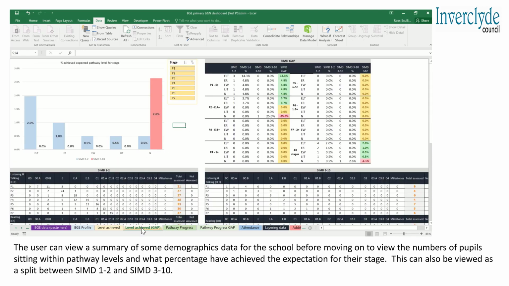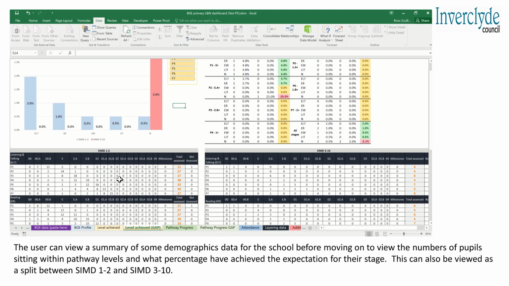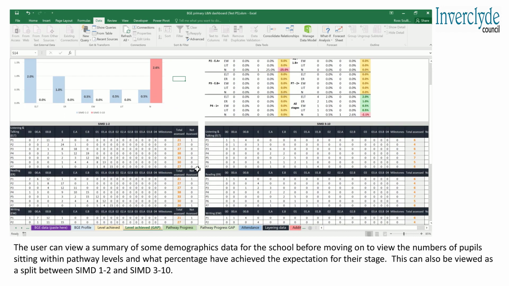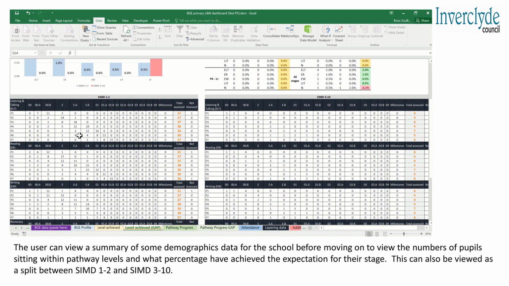Moving on to the level achieved gap. This is looking at the same data in terms of level achieved, but has been split between SIMD 1 to 2 group and the SIMD 3 to 10 group, which is how the poverty-related attainment gap is measured in Inverclyde. Again, the numbers are shown in the tables below in terms of the numbers sitting at each step in the pathway level,